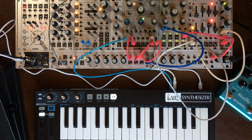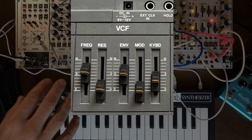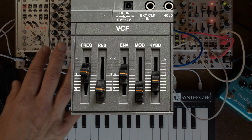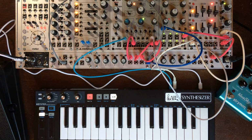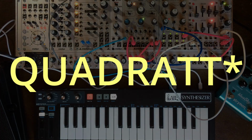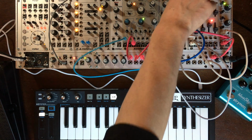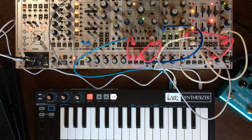And then there's of course the modulation to the filter. This is where it gets a bit complicated. We actually need a full mixer because on the original you have one slider per modulation to the filter that you can all mix together. So I'm going to send that Quadra output to FM1 up full, and from there I will send the keyboard for keyboard tracking of the filter,